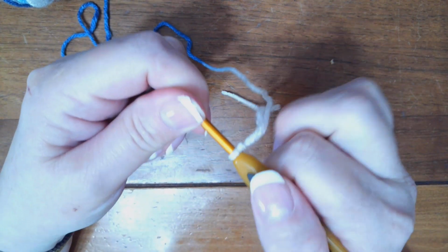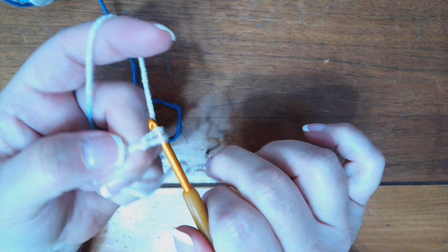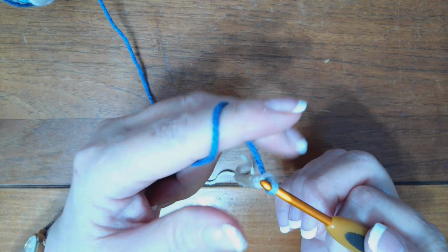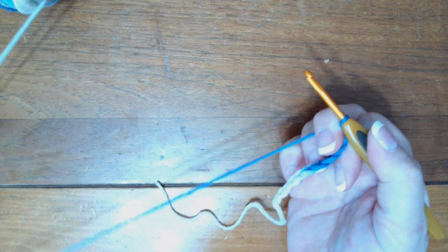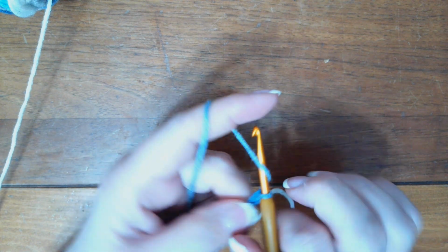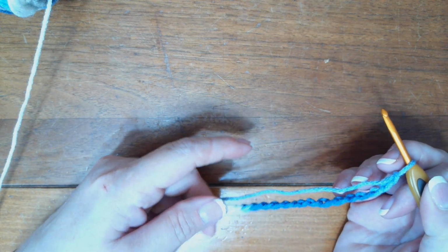I'm going to move those out of the way so I can show you how I crochet. I am going to make a swatch. I'm going to do 20 stitches across. 3, 4, 5, 6, 7, 8, 9, 10, 11. Sorry, you gotta pull some out. 12, 13, 14, 15, 16, 17, 18, 19, 20. Now if I want 20 single crochets, I have to add another one,